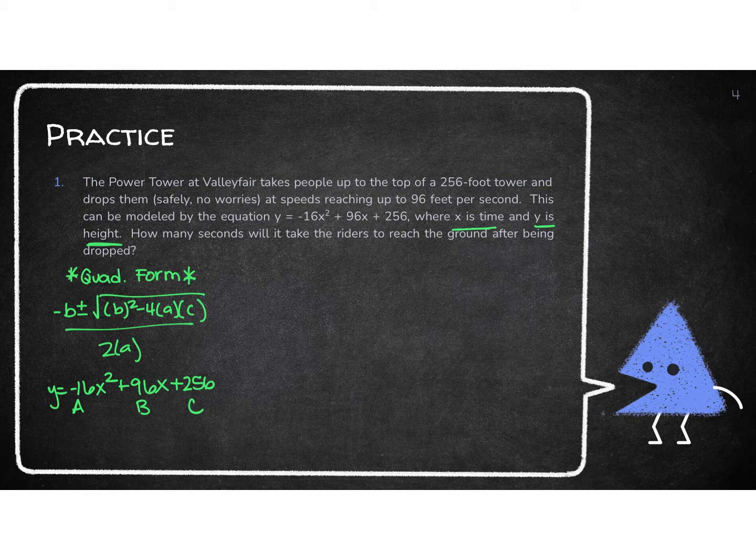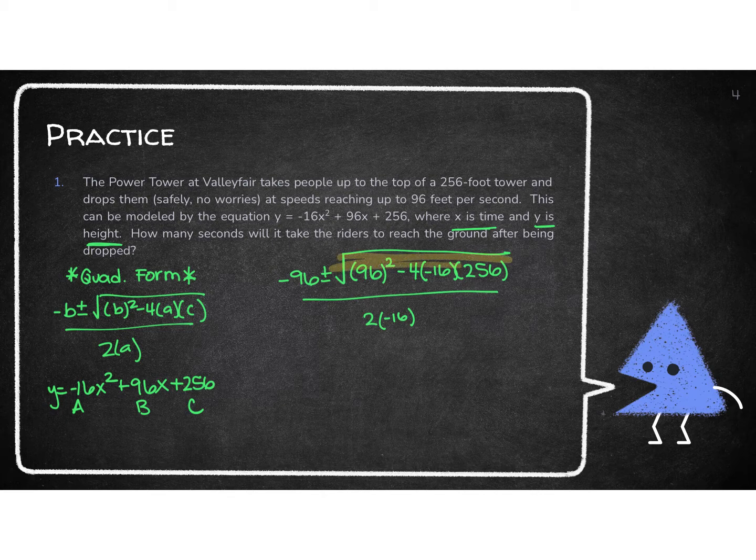So I'm going to have the opposite of b. Well, b is 96, so the opposite of 96 is negative 96 plus minus the square root of b squared minus 4 times a, which is negative 16, times c, which is 256, all divided by 2 times a, which is negative 16. Okay, so if you remember all the way back to our assignment when we did quadratic formula, you're going to